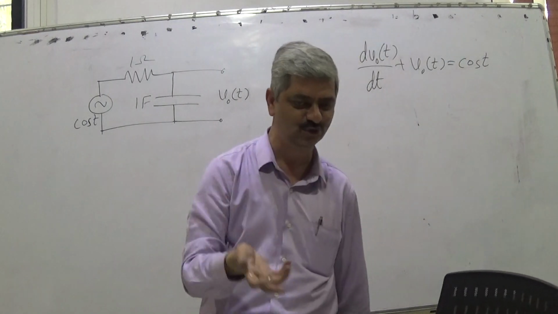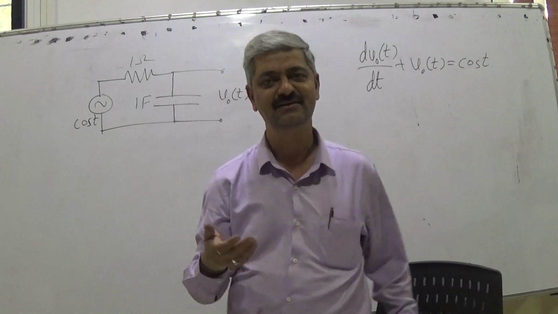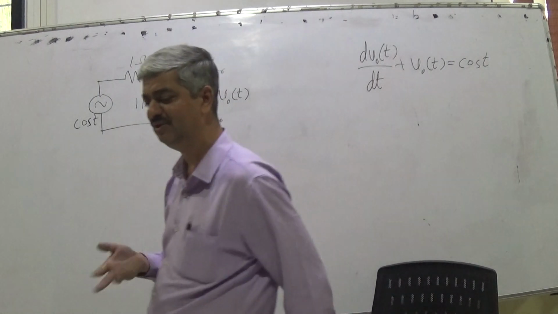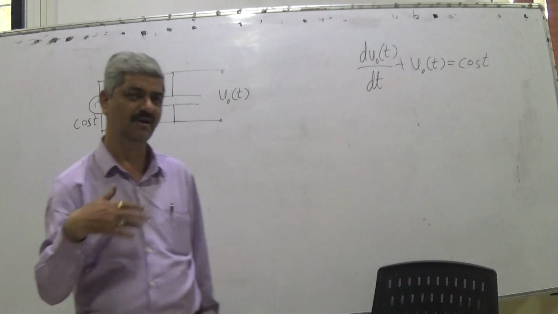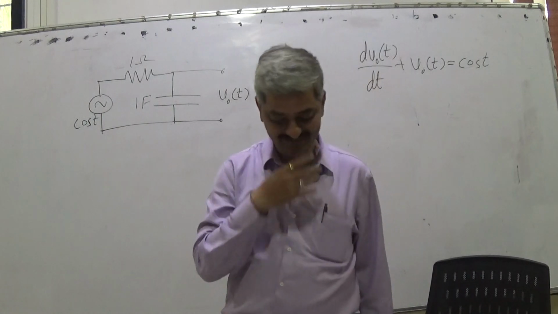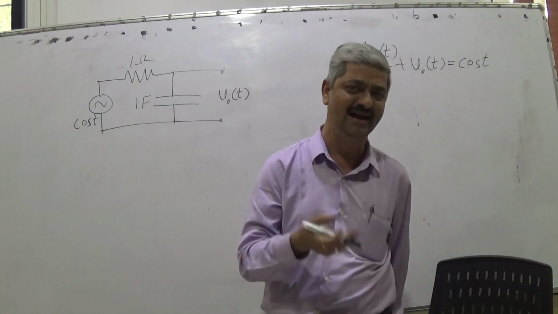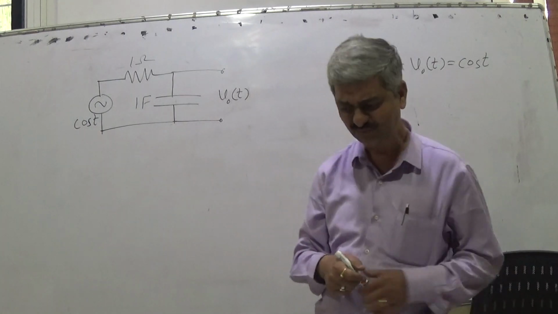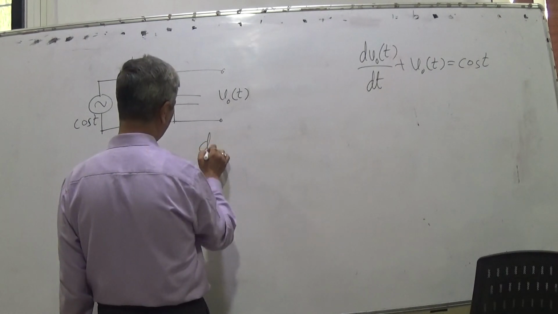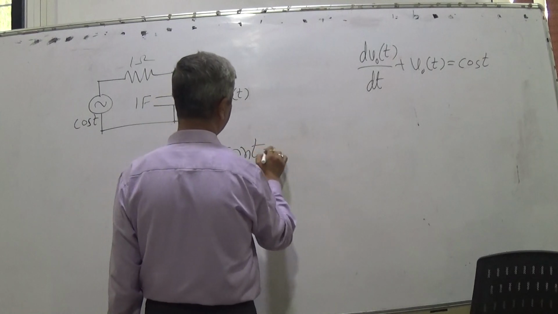Those who want to find the solution on their own without watching the video can definitely try, and then they can resume the video. And those who think it is very difficult and want to watch anyway can continue watching. So we may work by trial and error. We know some trigonometric differentiations. d by dt of sin t is cos t.